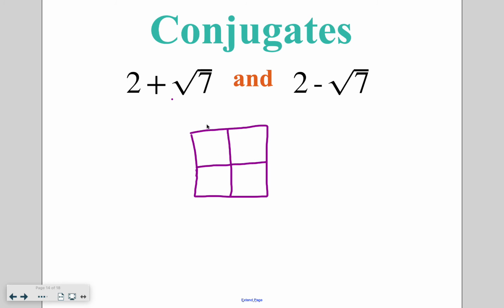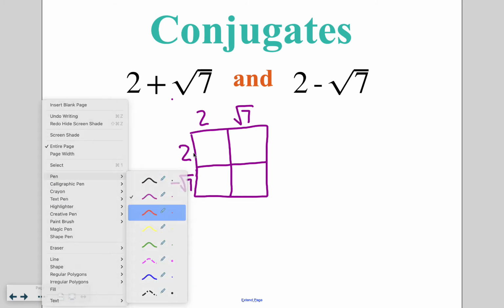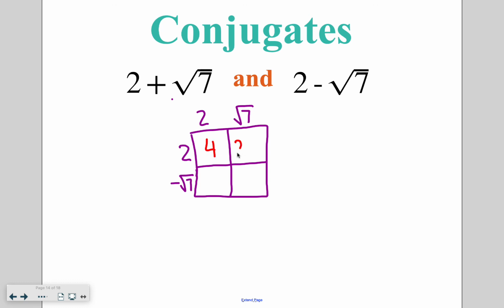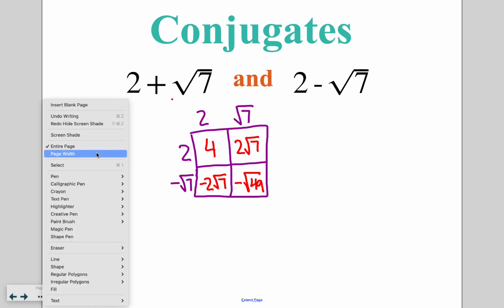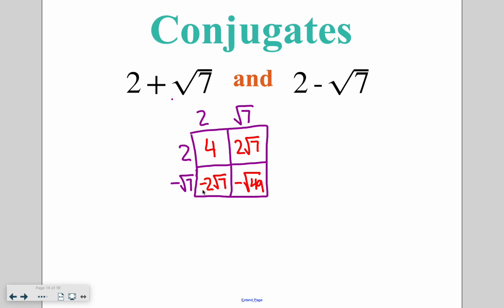So essentially, we go back to our box, and I've got 2 with a positive square root of 7 and 2 with a negative square root of 7. When I multiply these things, I end up with 4, and then positive 2 square roots of 7, and then negative 2 square roots of 7, and then a negative square root of 49. The way that this eliminates our square roots is positive and negative cancel each other out. So these factors are always going to cross out. So I'm going to have 4 minus the square root of 49, which is 7,